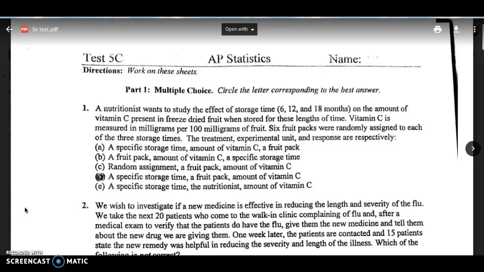Okay, we're looking at the 5C practice test for AP Stats. First question, multiple choice section says, a nutritionist wants to study the effect of storage time, 6, 12, and 18